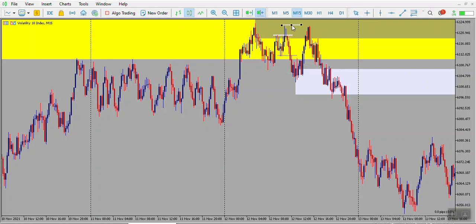So we're going to mark at the last bullish candle before that drop. So the last bullish candle is this. This is the last bullish candle before this drop. That is what we'll mark at. So we can drop